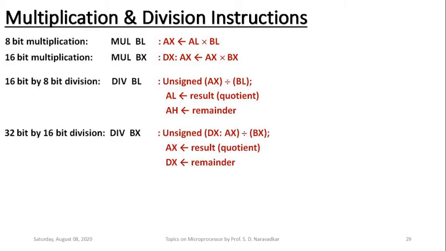The next valid division will be 32-bit divided by 16-bit. The example shown here is divide by BX. Again that BX will be in the denominator. The numerator must be 32-bit, and this 32-bit must be taken from the DX AX register pair. So on the right side it is written unsigned 32-bit contents, after concatenation of registers DX and AX together, will be divided by the contents of register BX.